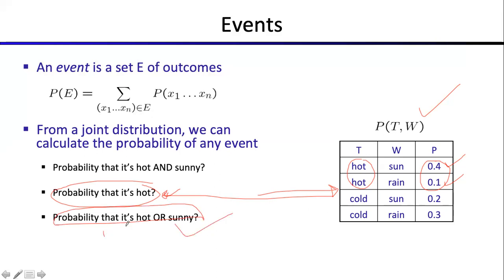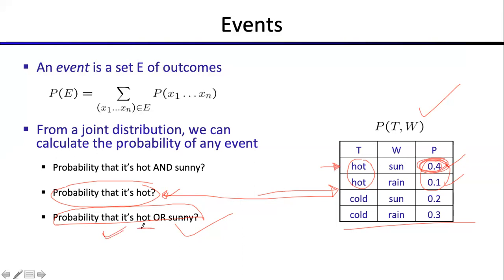So this is an event. और ये कैसे आएगी from this joint distribution table? Similarly, probability that it's hot and sunny. Obviously, hot and sunny का तो आंसर आपके पास straight away at this row is representing hot and sunny. So 0.4 will be the answer in the first case. ठीक है. दूसरे केस में